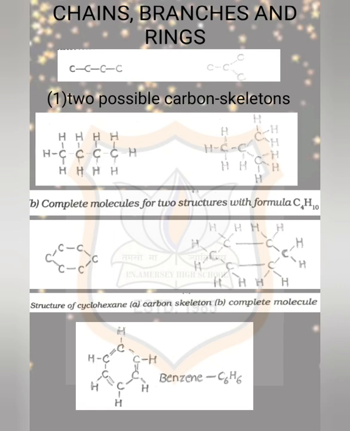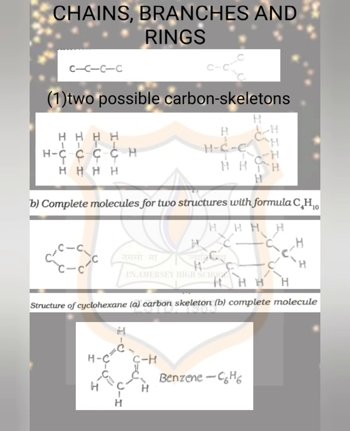Then we can draw the electron dot structure for cyclohexane. Yes, straight chain, branched chains and the cyclic carbon compounds all may be saturated or unsaturated. For example, benzene. We know that the saturated compounds are the simple carbon structures, while the unsaturated carbon compounds have double bonds and triple bonds. So one example in ring structure is benzene, and the formula is C6H6, which has the following structure as shown in the diagram here.